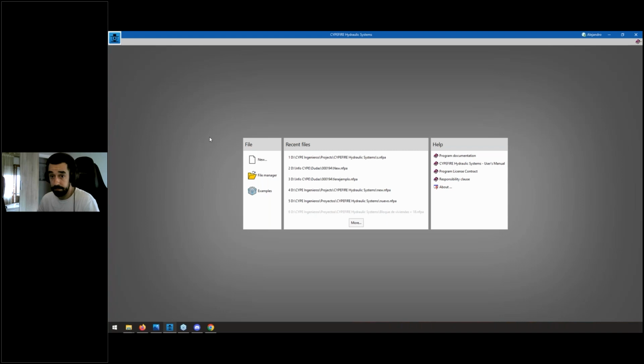CYPEFIRE Hydraulic Systems. I don't know if some of you have worked with the old interface, the old work environment in 2D. If this is the case, we have developed a security copy. Okay, so you can open the old files without any problems. And the new software is going to create a backup of this file, so you are not going to lose it if you want to go to the old version. Okay, I'm going to open